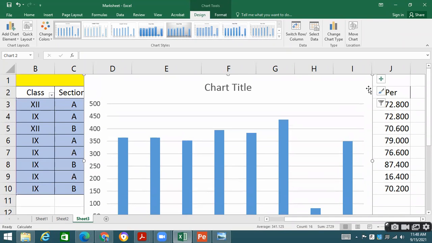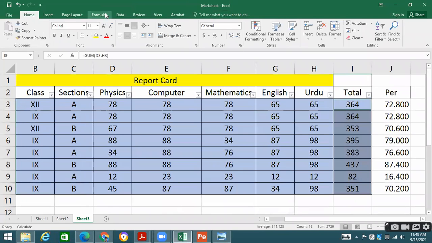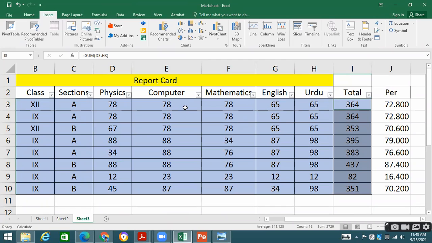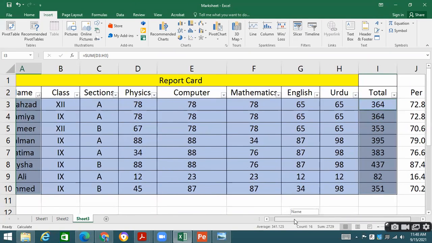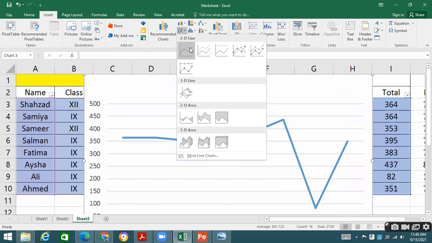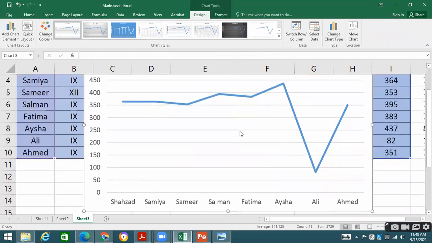We can edit this chart. We have seen this thing as well. We have already gone through it. So there isn't any particular thing, but some other charts are there which are not mentioned in your book. We can make a line chart as well, in such a way which is going to show us what is basically the progress of different students.